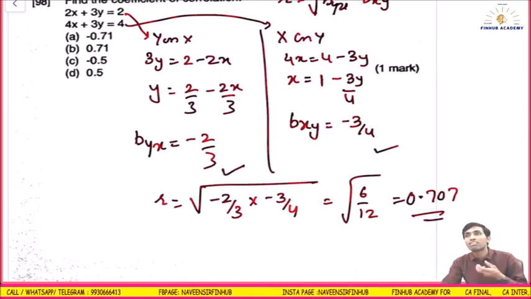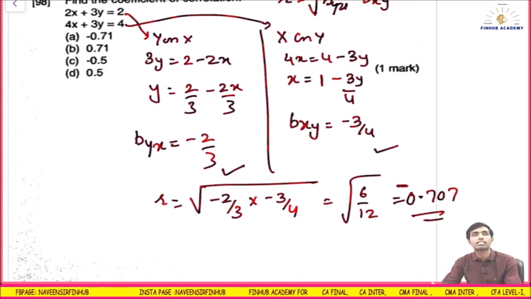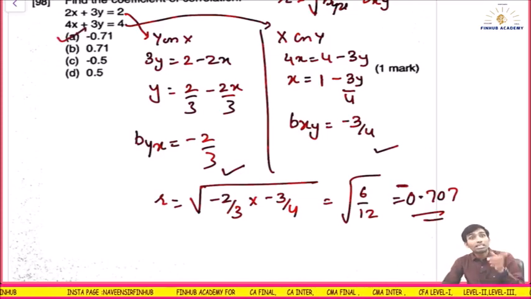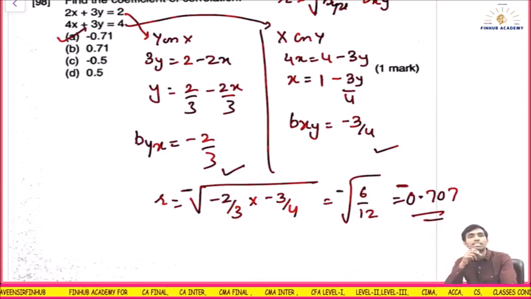This was also minus. My question is whether it will be plus or minus. Because both are minus, this final answer will be minus. Don't forget this. So minus 0.71. Mathematically, multiplication becomes positive, but as soon as you get minus here, you should put minus outside. The answer is minus.